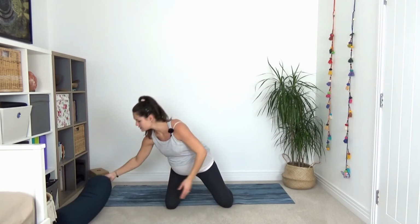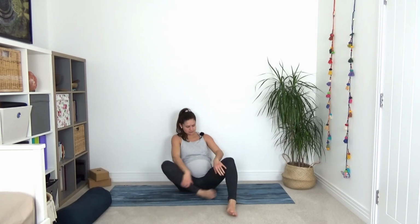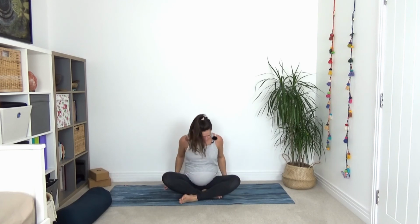Beautiful work. If you're sitting on a pillow or a block, you can stay there, of course, but you could also now come into a cross-legged seat, so you're a bit closer to the earth. Make sure again your bump has enough space, your hips are slightly back, you're sitting comfortably on both sits bones,